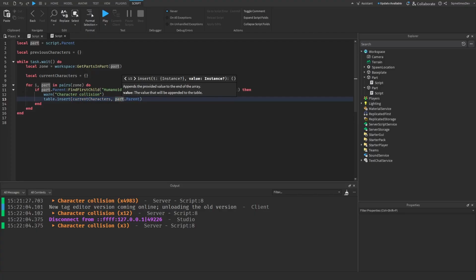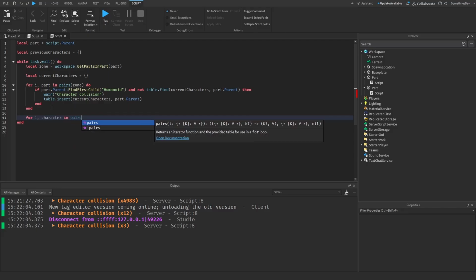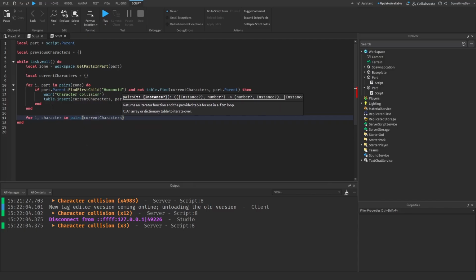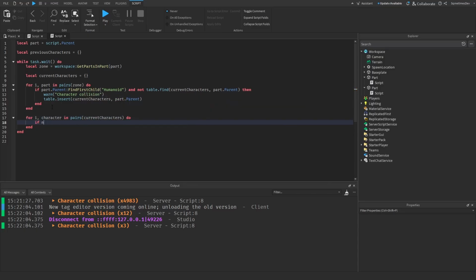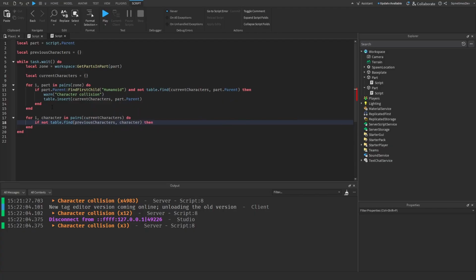This will basically say that if a player is detected, a player has been detected within the zone. We'll be able to tell because there's going to be a character within this current characters table. Okay, then from there, I want to loop through the current characters. So for i, character in pairs(current characters) do, if not table.find(previous characters, character), then